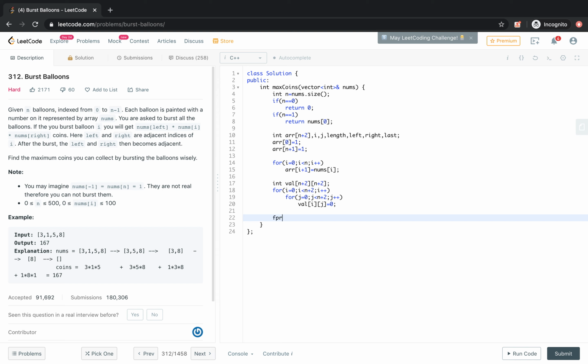So we will start with length equal to 1 until length equal to n, length plus plus, and after getting the length we'll have a left index and a right index. The left index can start from 1 and go until n minus length.